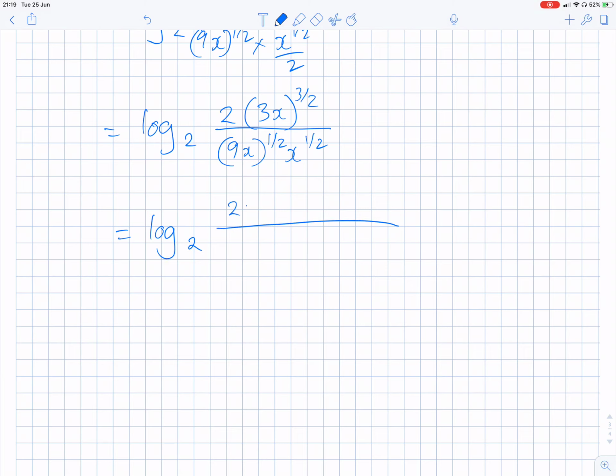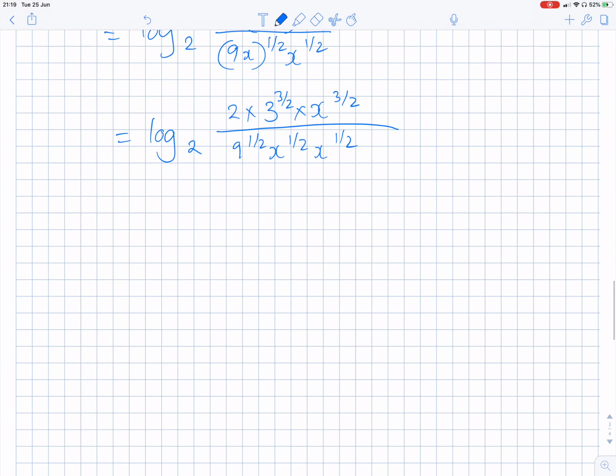This becomes 2 times 3 to the power 3 over 2 times x to the power 3 over 2 divided by 9 to the power half x to the power half times x to the power half. And this becomes log to base 2 of 2 times 3 to the power 3 over 2